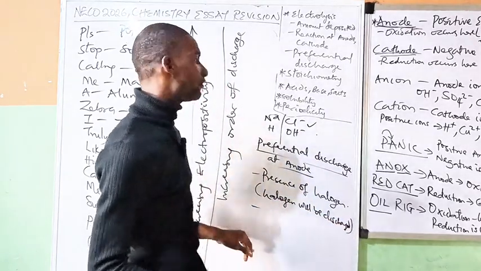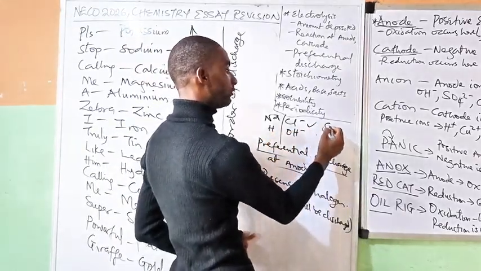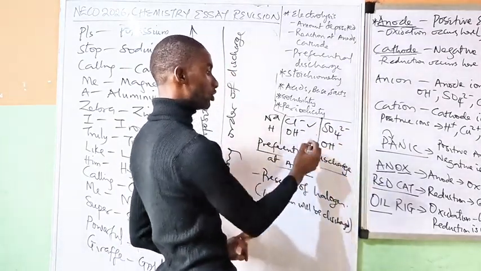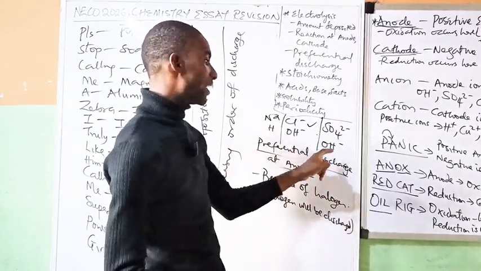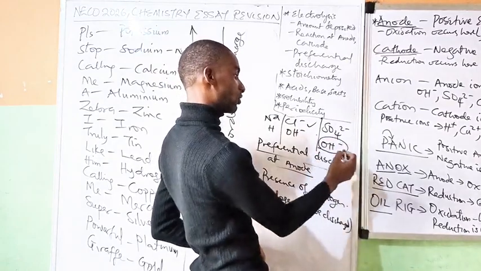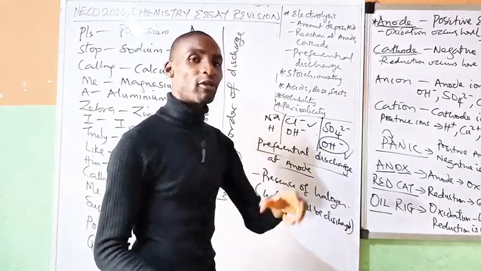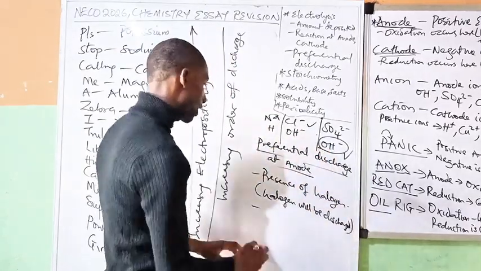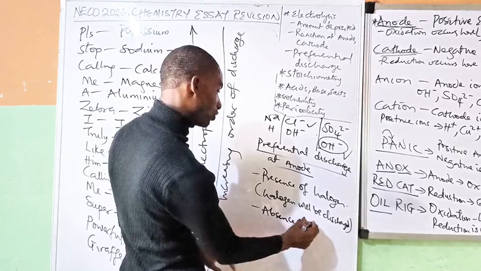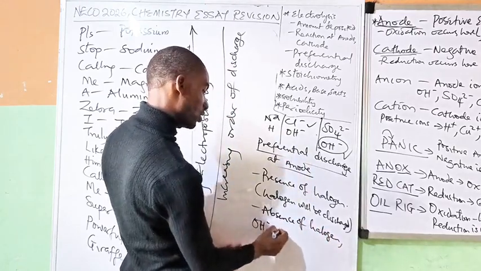But in the absence of halogen, when there is no halogen, for example, if you are dealing with SO4 2 minus in water, here there is no halogen in these two options. So who will be discharged? The rule says if there is no halogen, then it is your OH minus that must be discharged. And that OH minus will lead to the release of oxygen gas. So in the absence of halogen, OH minus will be discharged,